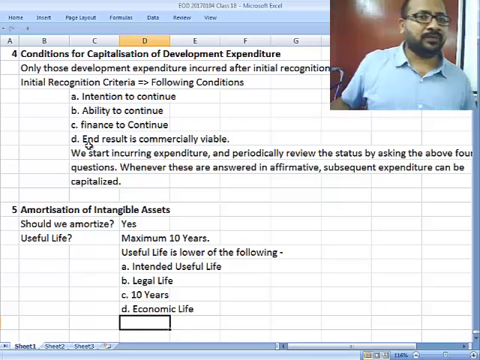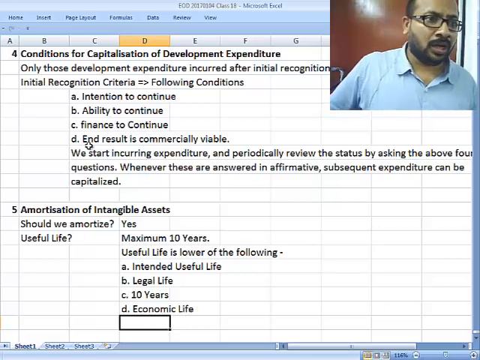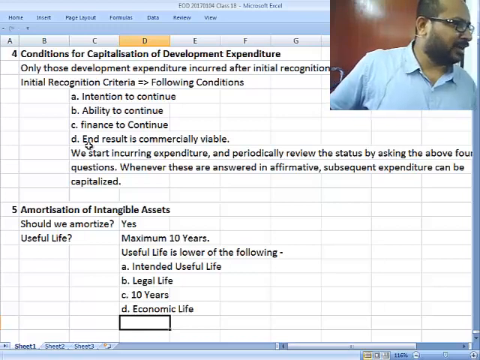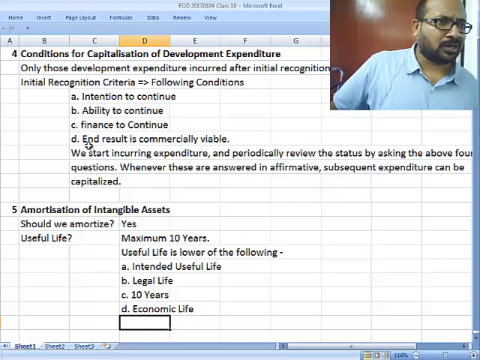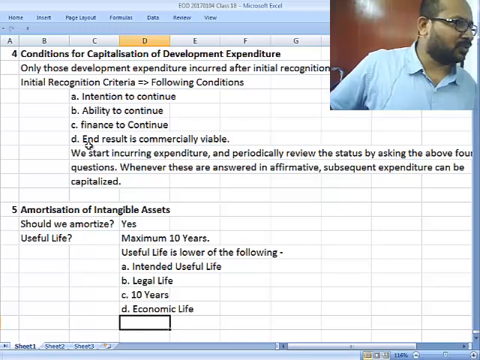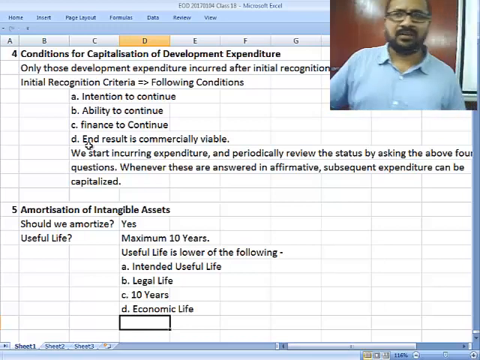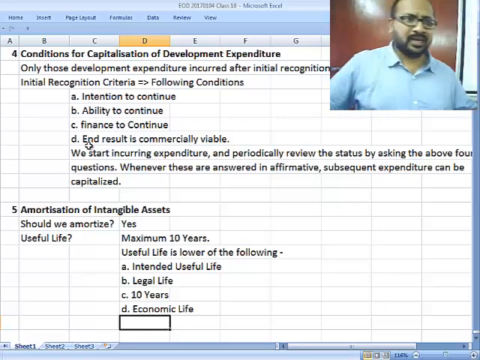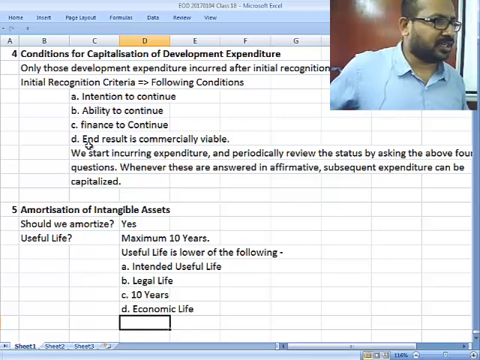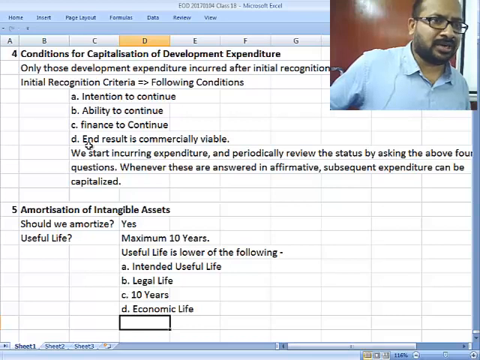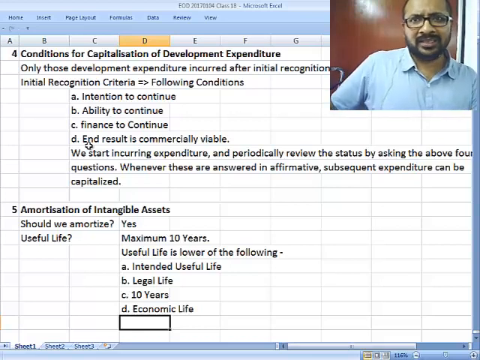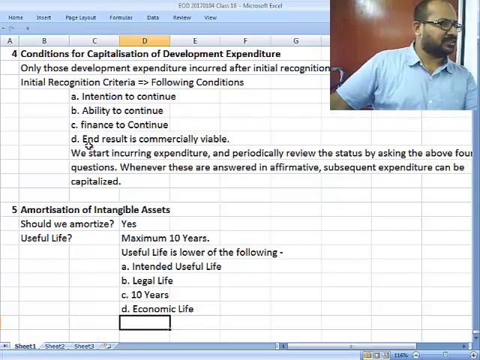So legal life is the one given or driven by your law. You want to register a patent, I think you are given a 3-year time period, right? No, 3 or 5 years, sir. Depending on the kind of patent you are dealing with, it has a specific time period. In the pharmaceutical sector, you are not given a lifelong patent. You can patent only for 3 years or 2 years. Because if you start giving patents, it will kill competition. It can make your products more expensive, and medicines cannot reach more people. So there are some restrictions, and different industries have different ones.